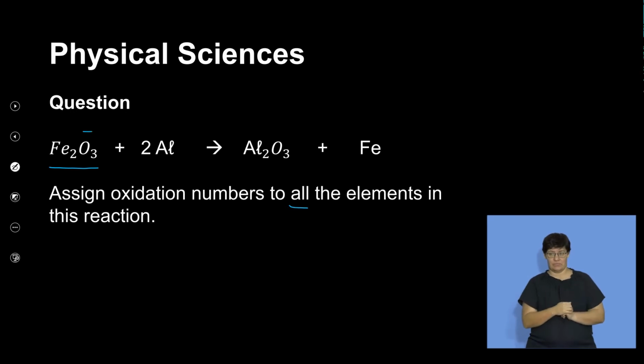So here oxygen is -2, right? But the total is -6 for oxygen. And then for iron in this case, because of that chemical formula, is +3, and the total is +6, which gives us a total of 0 for that. Okay. Now, if we focus our attention on aluminium, in its purest form, any pure substance as an element,